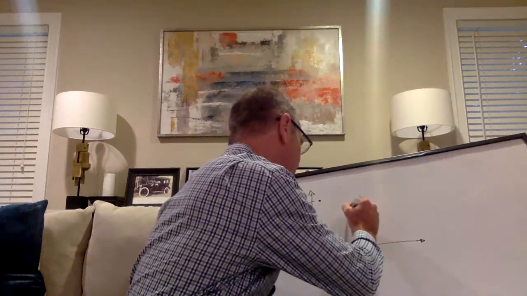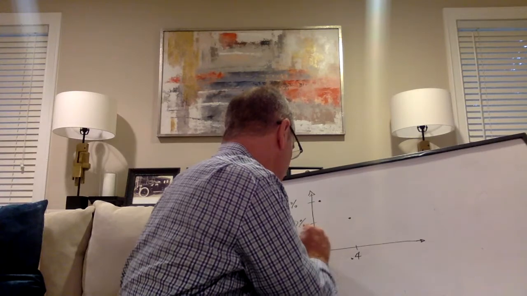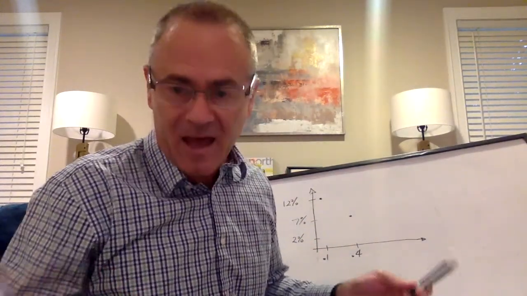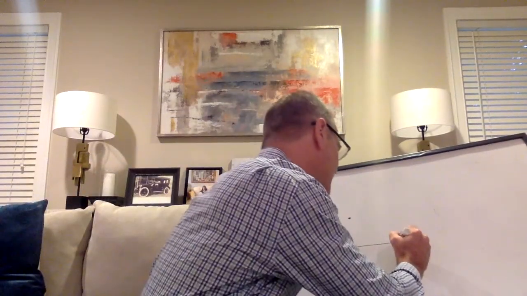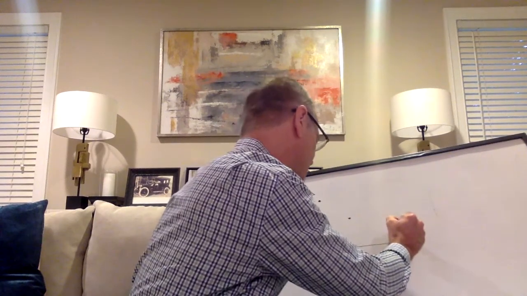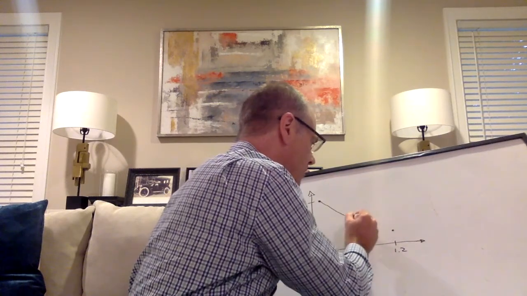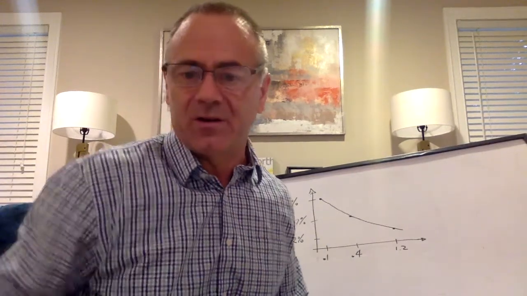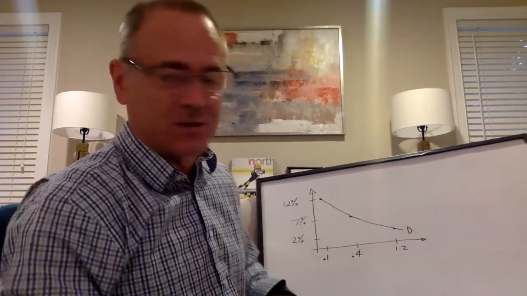So we would have another point here, and then let's say, what if the interest rate were 2%? How many people would want to borrow money at that rate? Much more. Let's say it's something like 1.2 trillion. So we'd have another point here. This is what we'd call the demand curve for borrowing those funds. This is the demand curve, and notice that it slopes downward.